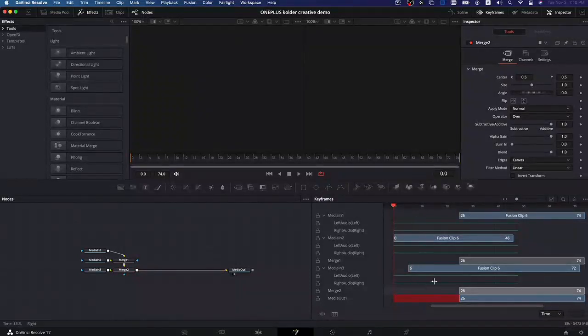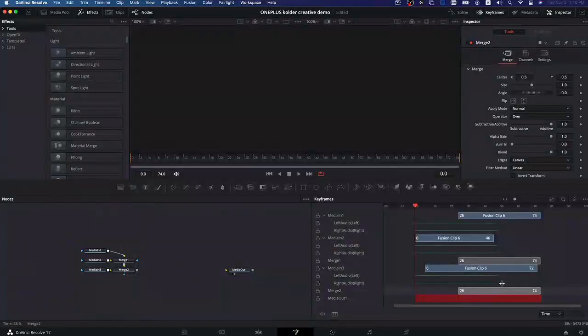Now in our keyframes window, we can also see this red bar here. And basically all this red bar is just a representation of the in and out point of our entire Fusion composition. So if I disconnect this line here from the media out, we're able to see this full red bar. And this is basically the span of the entire Fusion composition. So this red bar is there to let us know the range of our composition and where we should be working within. This is something we'll be diving way deeper into later on, but just know that this red bar is just a visual representation of